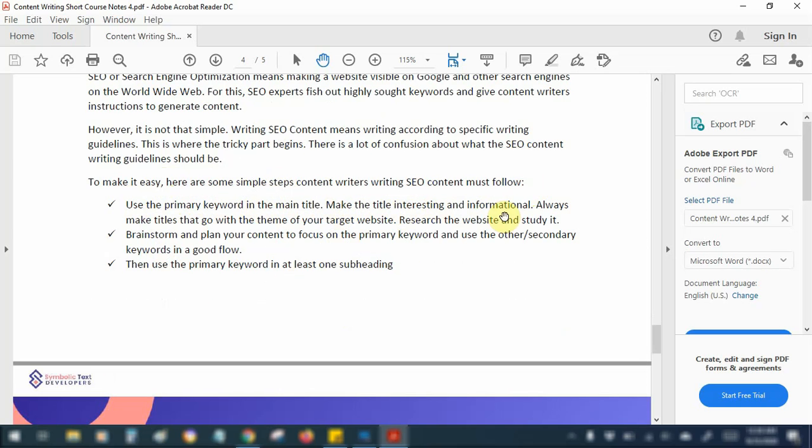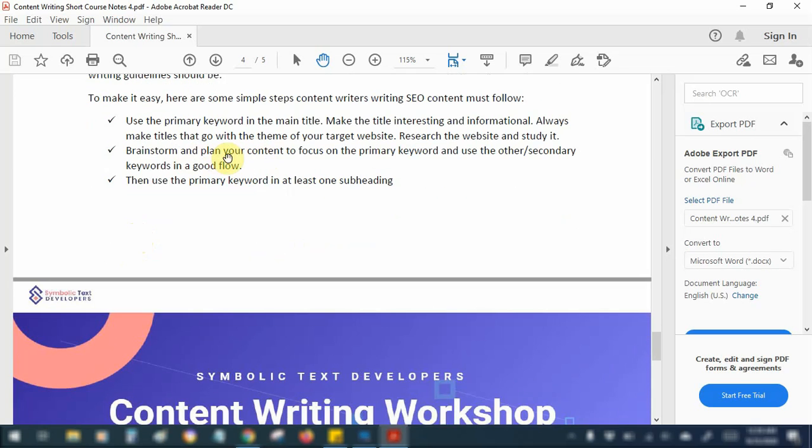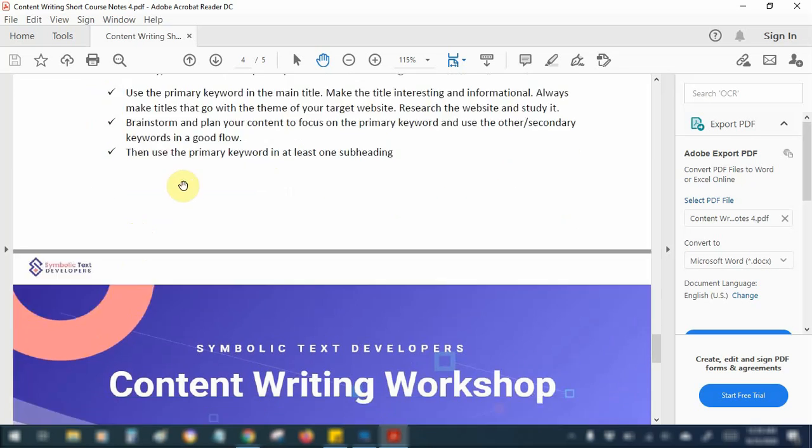You must make an interesting and informational title using that keyword, and you must do your research and study the website, because your client must have a website. So unless you understand what your client is offering, you can't succeed in creating valuable content. So we have to brainstorm as content writers and plan your content to focus on the primary keyword,